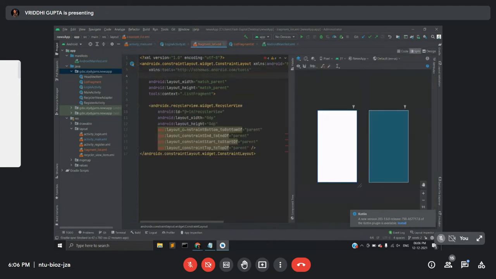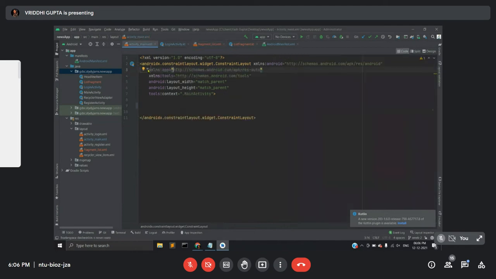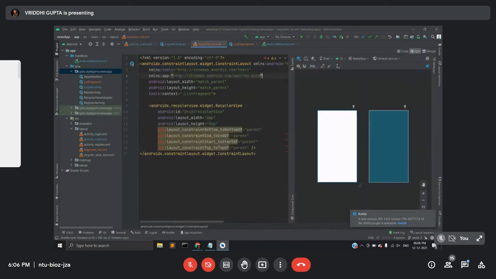As you can observe, we are getting the error in these four lines where we have used app instead of Android. So we need to include a namespace to remove that particular error. Can you see the namespace here, which is in gray color? You need to copy this, and then paste it over here. See, now all the errors are removed because we added the namespace for app. Is it clear?